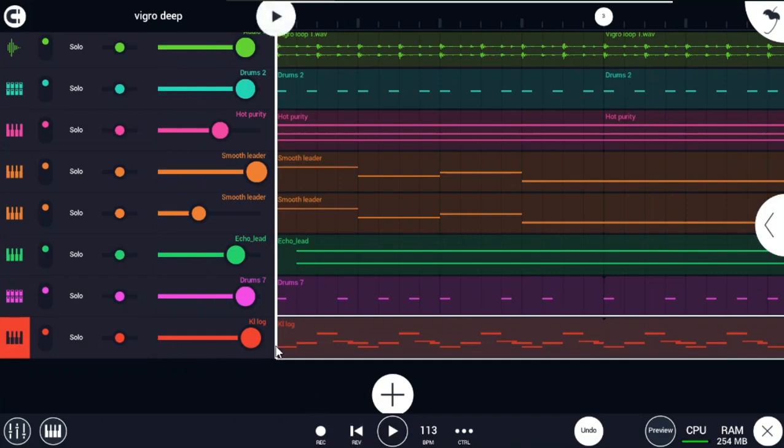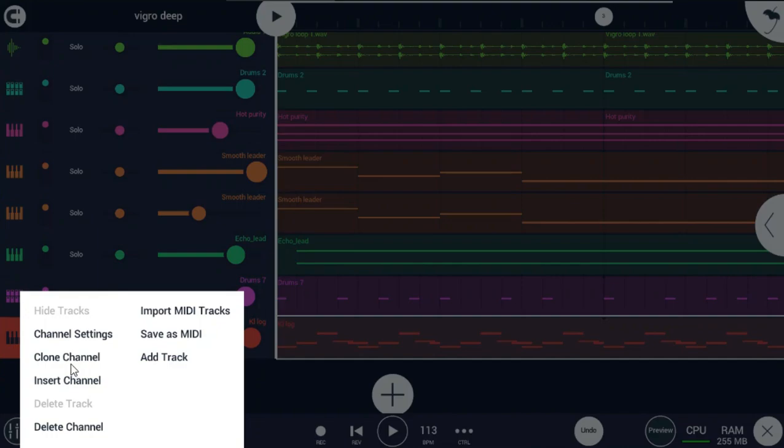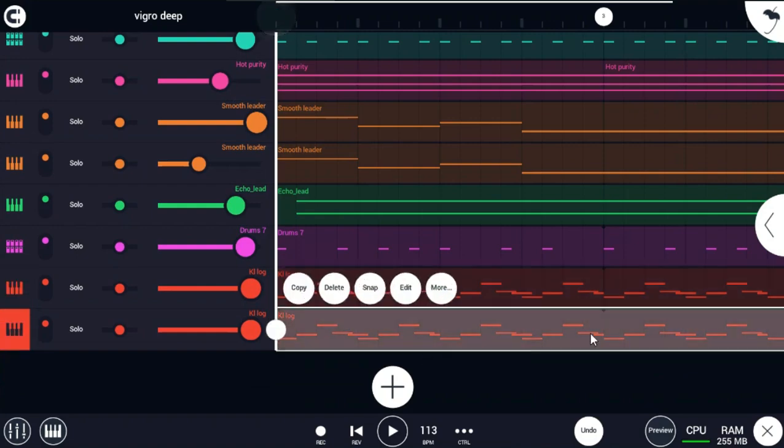Nice, guys. So what I'm gonna do is layer my log drums by adding a real melody this time, maybe something unique too that gives this beat some Vigro Deep type vibes. So I'm gonna hold this piano icon again, and when I let go, it's gonna give me these icons, and then I'm gonna say clone channel, and then once I've cloned the channel,